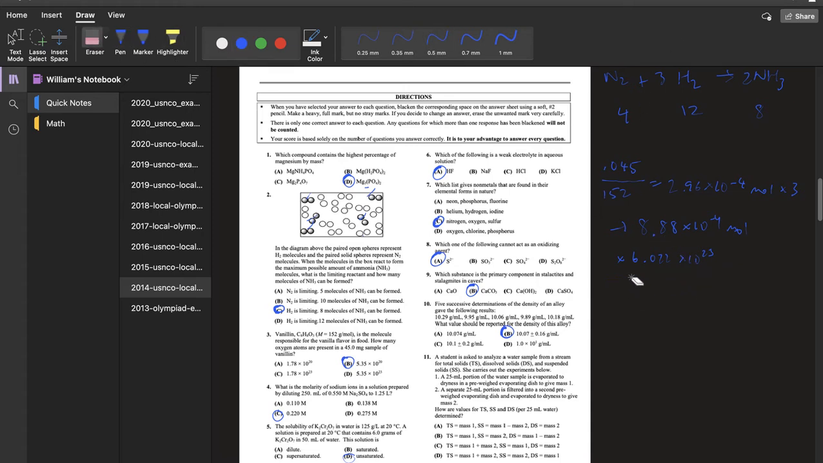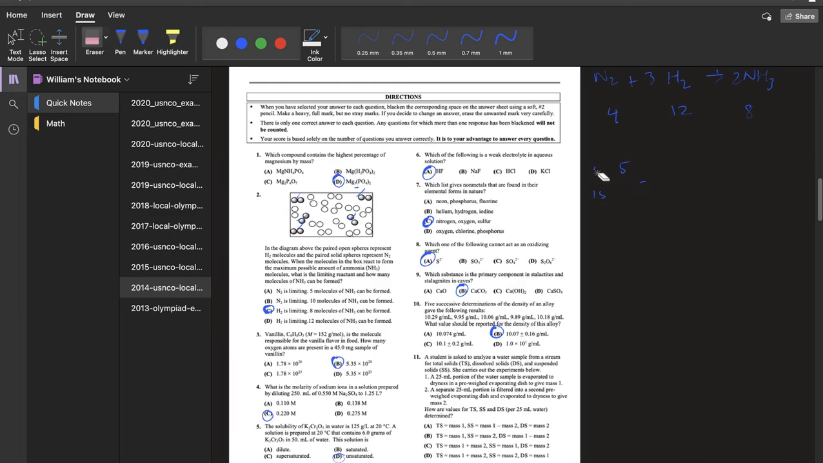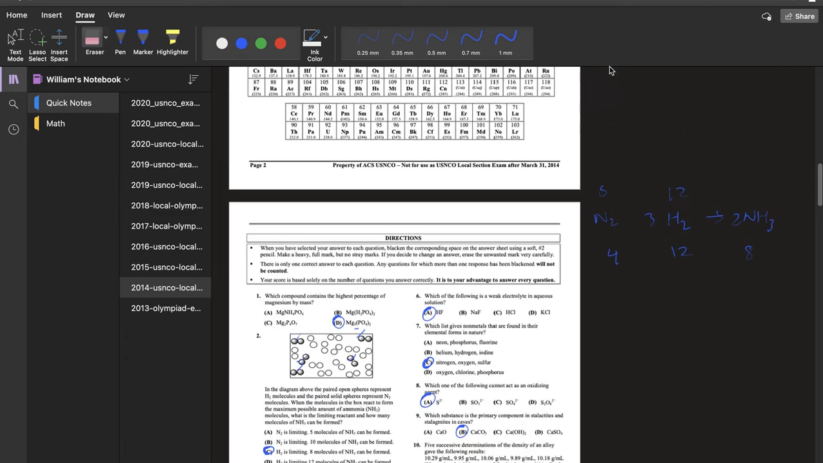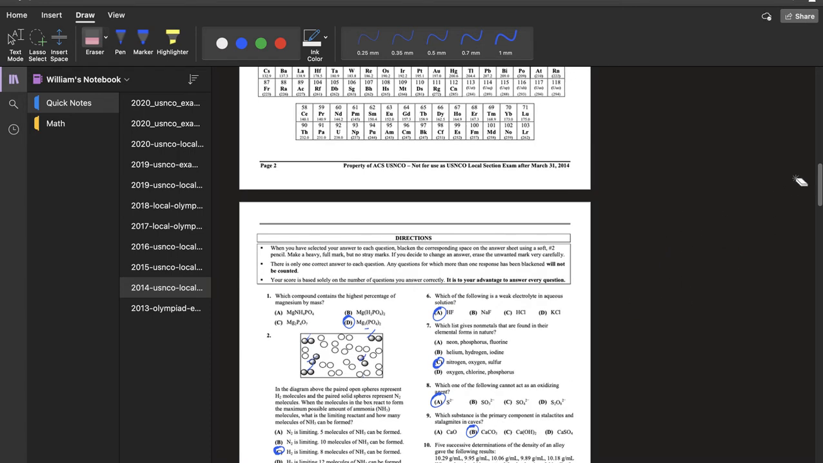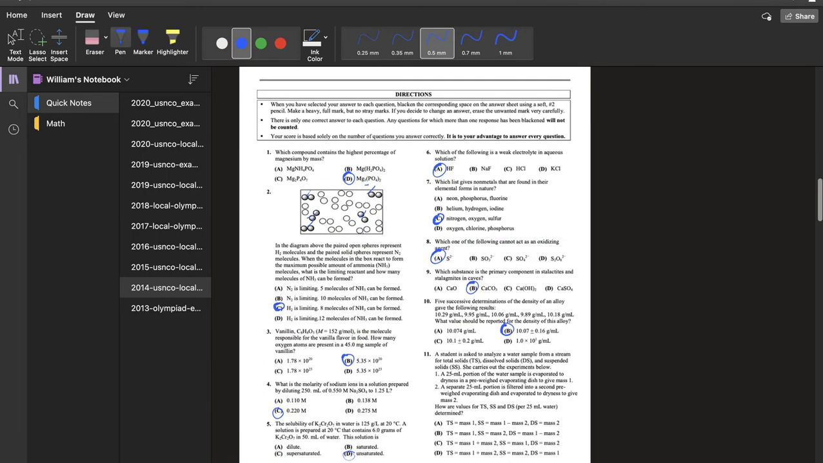Okay, so 4 was the molarity of sodium ions in a solution prepared by... Okay, so definitely the most common error with this question is going to be forgetting to multiply by 2 to account for the fact that Na2SO4 dissociates into 2 Na plus and SO4 2 minus. So we have to make sure that we're finding the correct molarity. Okay, so basically